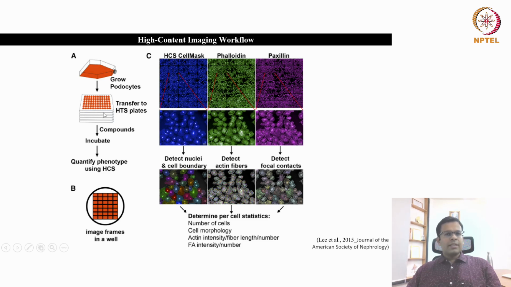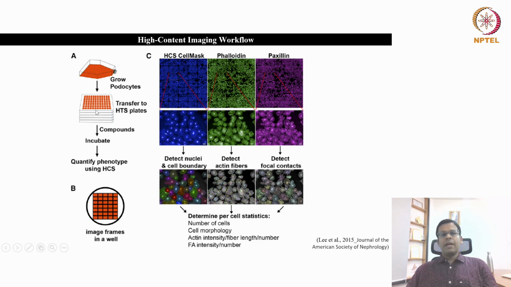So you grow your cells in these multiple 96 well plates, then you add your compounds to all these wells in different plates. Generally this experiment is performed in triplicates. So you add the same compound in three different wells or in three different plates at the same position, so that during data analysis, the software will automatically count the phenotype for those three wells, and then give you the average or the mean and the standard deviation for those samples.